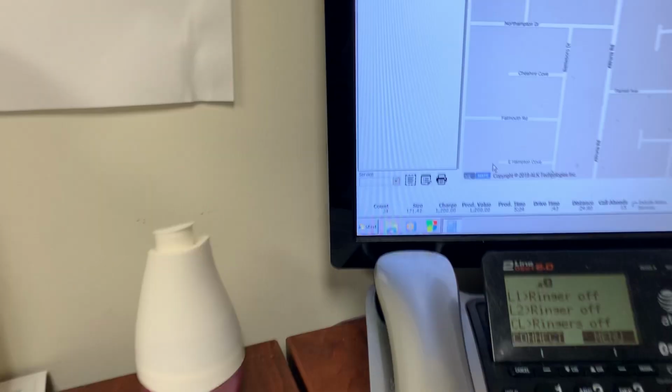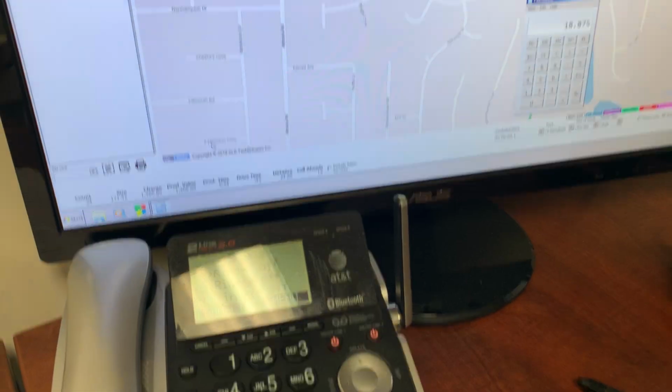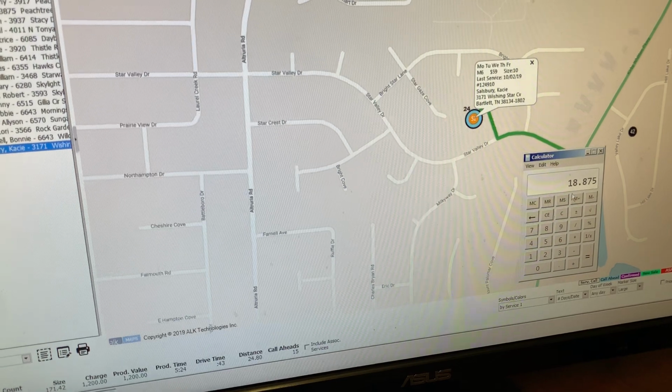Then we'll write how many stops he has, 24. And if he is able to do any stops together, we'll write those down there, but he did not have any stops he can do together. Okay, so now we're going to